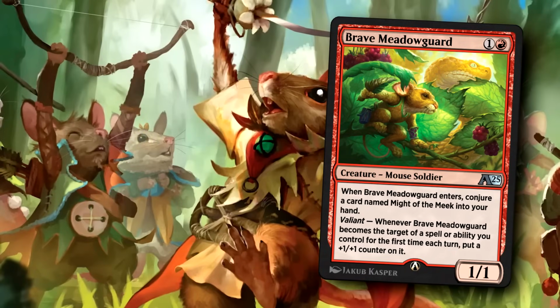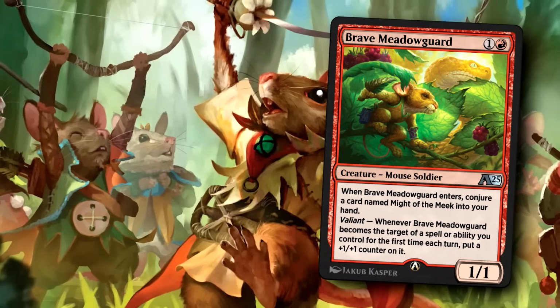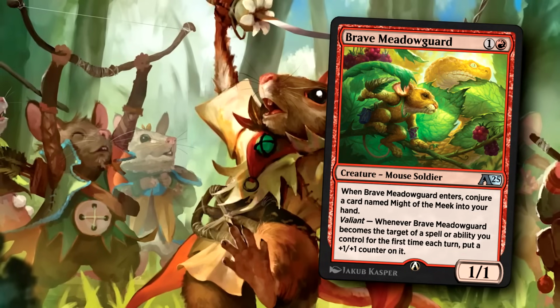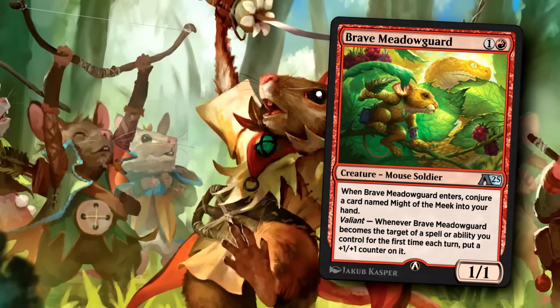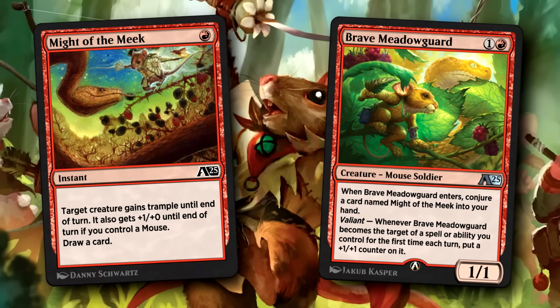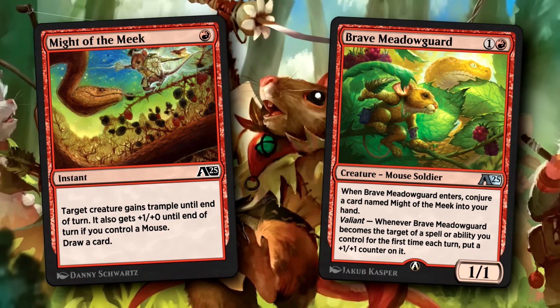The first of these cards is Brave Meadow Guard, a 2-mana 1/1 mouse soldier that's part of the Valiant archetype. Whenever it becomes the target of a spell or ability you control for the first time in a turn, you put a +1/+1 counter on it, which rewards you for playing the spell it conjures, which is Might of the Meek. Because this enters and generates a spell, it's a great way to curve out when you're playing a Boros mice deck, getting a way to trigger Valiant on either Brave Meadow Guard or any of the other Valiant creatures